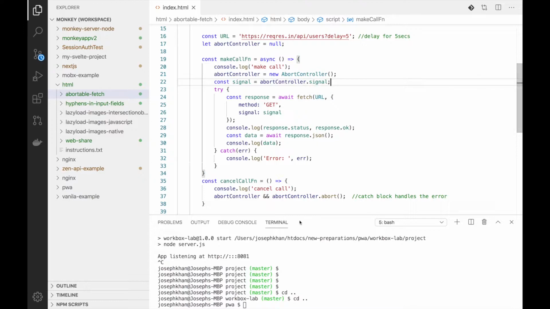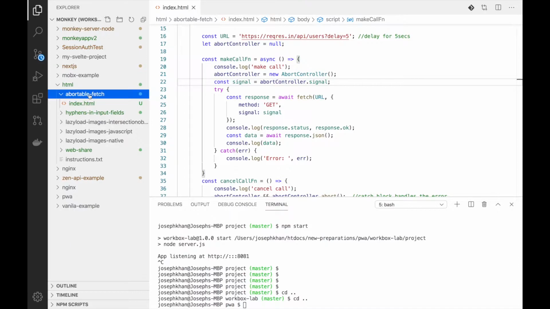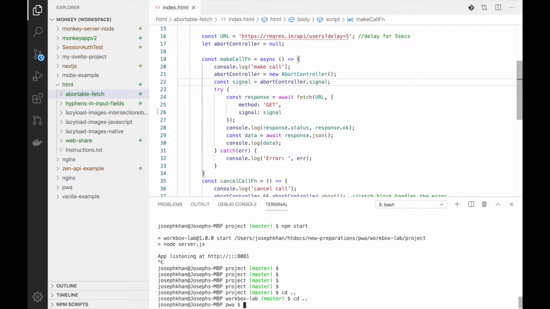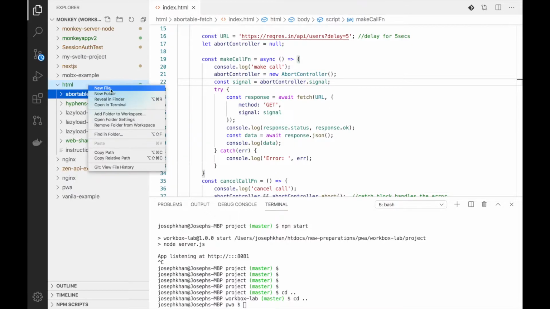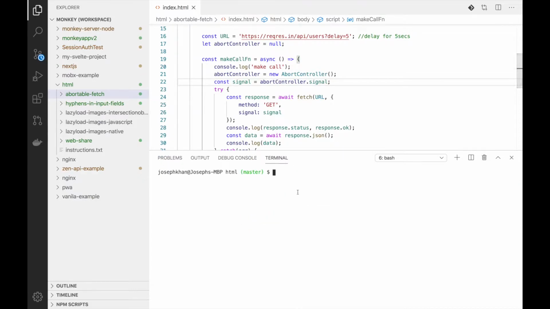For that, I already have my code editor, and this is my previous example which I already created. Let's create a brand new one. Let's go into the folder and create a new one. Let me open this in terminal. All right, so the folder is now in my terminal, and let's create a new folder. Anything, guys, you can just name it anything. And this is the folder that's created. Now let's go inside it